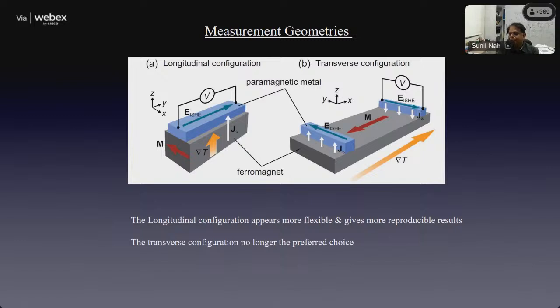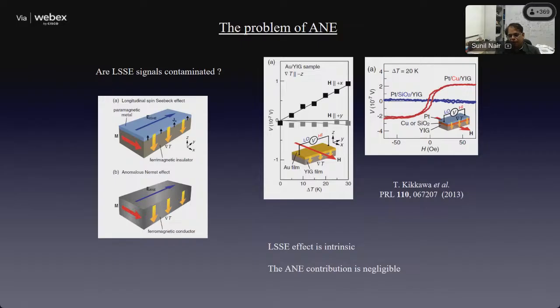So this is known as the longitudinal configuration, and as a matter of fact, ever since that time, almost all spin-Seebeck measurements are done in this configuration, to such an extent that now, if you look at spin-Seebeck as a phenomenon, people actually just call it the longitudinal spin-Seebeck effect. It's called the LSSE because the transverse one could have artifacts. So that is something which has now become the industry standard of sorts. Now, however, as an experimentalist, you have to be careful when you are looking at any such subtle signatures. And so very soon enough, people realized: can these longitudinal spin-Seebeck effect measurements itself be contaminated?